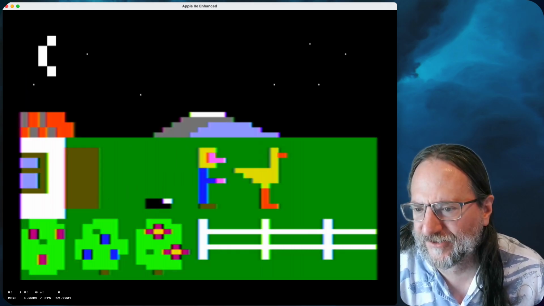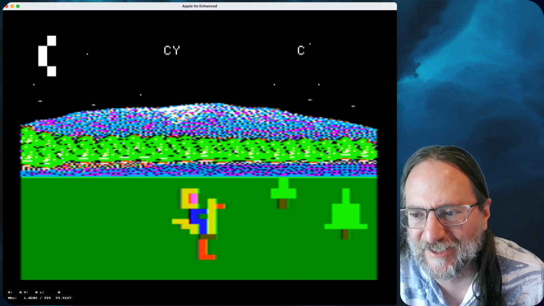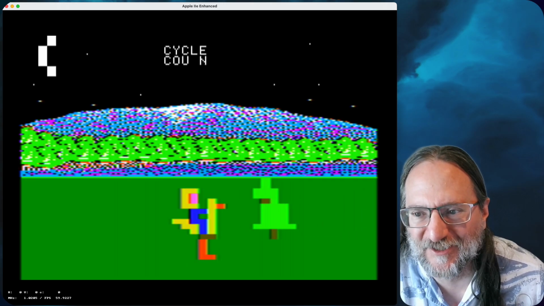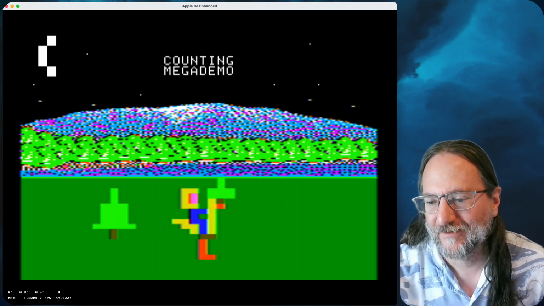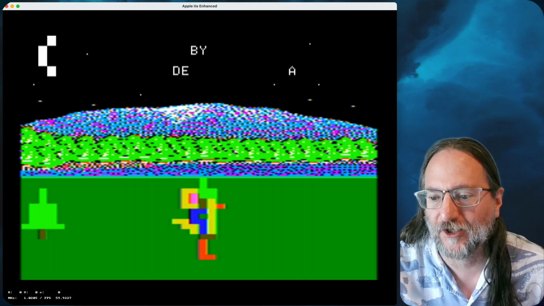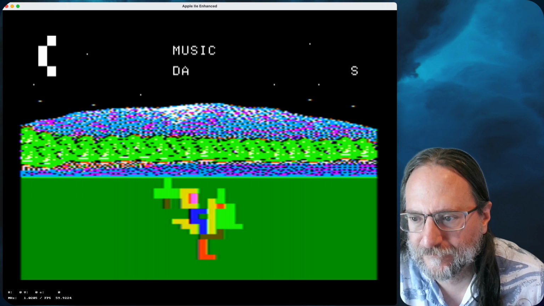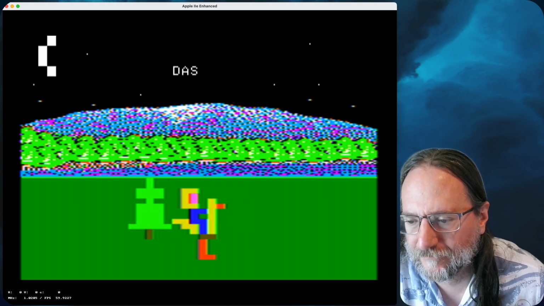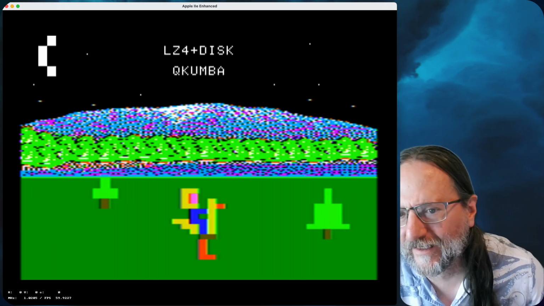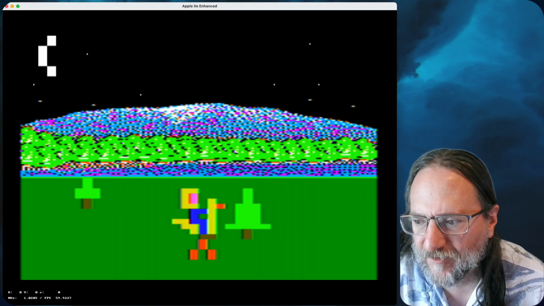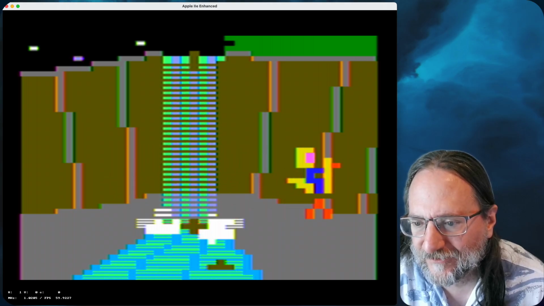Guy goes out and rides his ostrich. I'm not sure. Maybe Deater can chime in and explain what creature this is. So we've got text at the top, high res in the middle, and low res towards the bottom. And again, this has got all kinds of Mockingboard music going on in the background. I'm not sure what that is. That's really interesting.